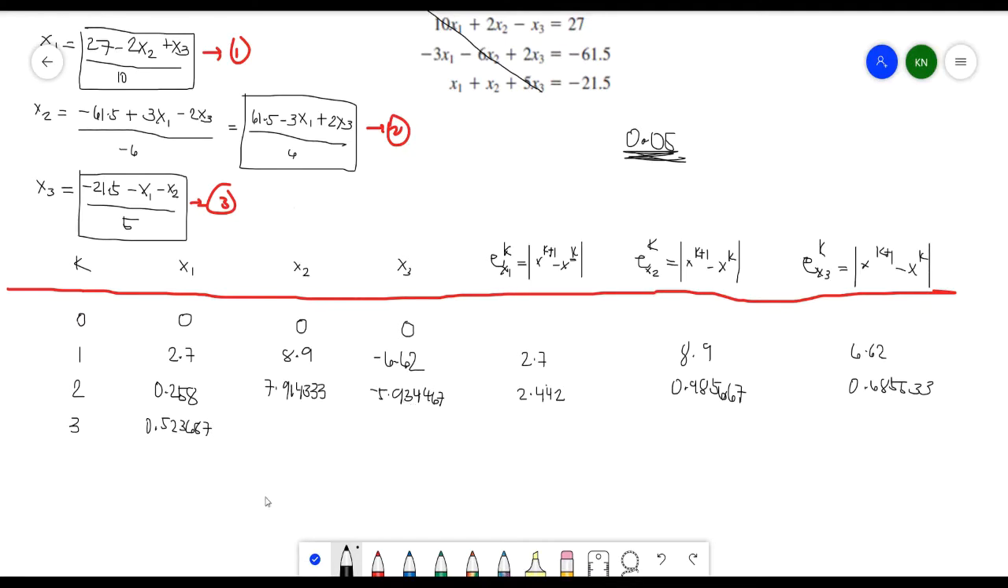5.934467 divided by 6. That gives us 8.010000. Since this one is already 000, you can just opt to not write that. You can just write 8.01. And for the x of 3, we have, substituting the values here, negative 6.00637. And then checking the relative error, we have